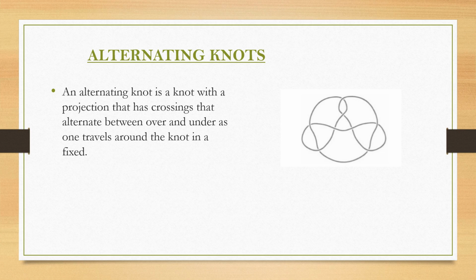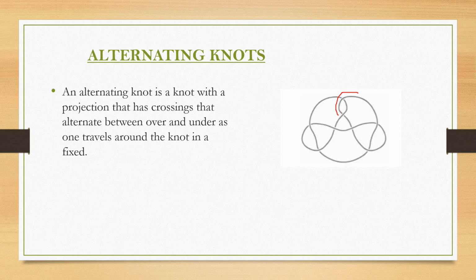Now we speak about different general types of knots, like alternating knots, oriented knots, etc. If you speak about alternating knots, you can say that it has a projection that has crossings that alternate between over and under as one travels around the knot in a fixed direction. If you depict it, you can see that this particular knot projection begins from an under